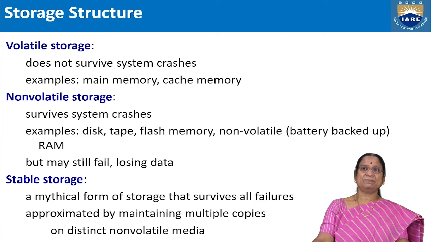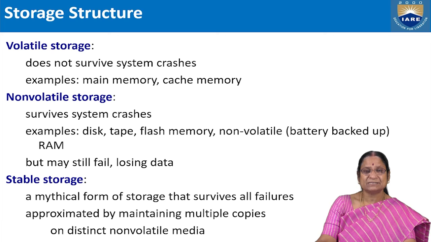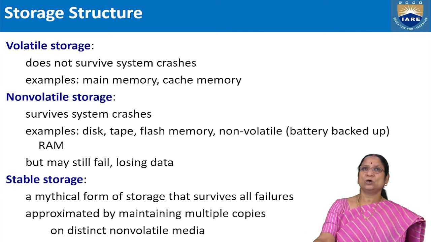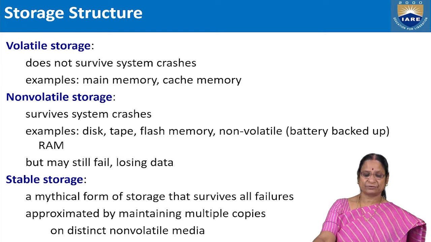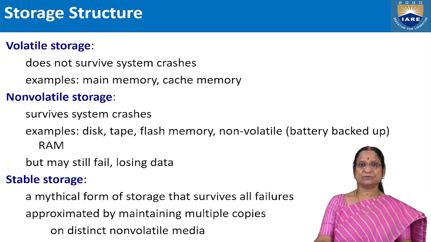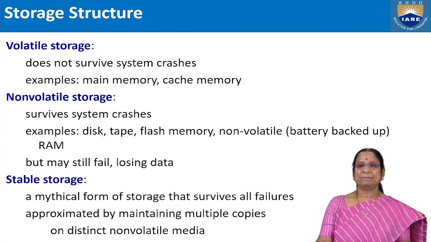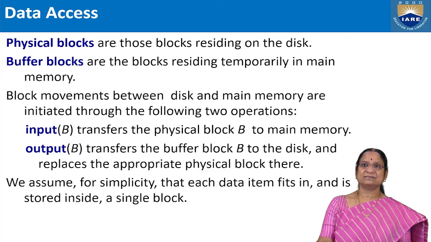Sometimes there may still be a possibility of failure of the secondary storage devices also, and a possibility of losing data. But non-volatile means permanent storage. Volatile is temporary storage: main memory, cache memory, etc. Stable storage is sometimes a mythical form of storage that survives all kinds of failures by maintaining multiple copies on distinct non-volatile